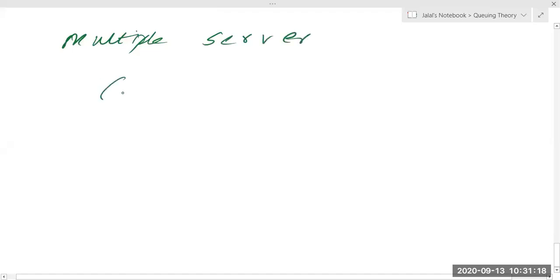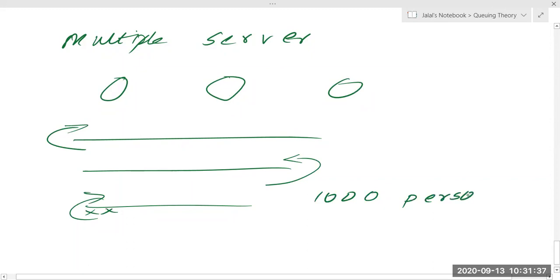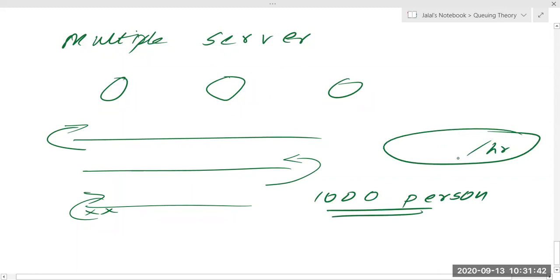For this to understand, you have to understand there are 3 servers, then there is a queue length. You have to understand that there is a single line, okay. If you don't take it as a single line, then it won't come under multiple server, okay. It will be considered under single server. Now again I am saying there is a cap limit of 1000, okay. And this is all about per hour I am saying, okay, because all the distribution is per hour, okay. So after 1000, you are not allowed to come into the system.